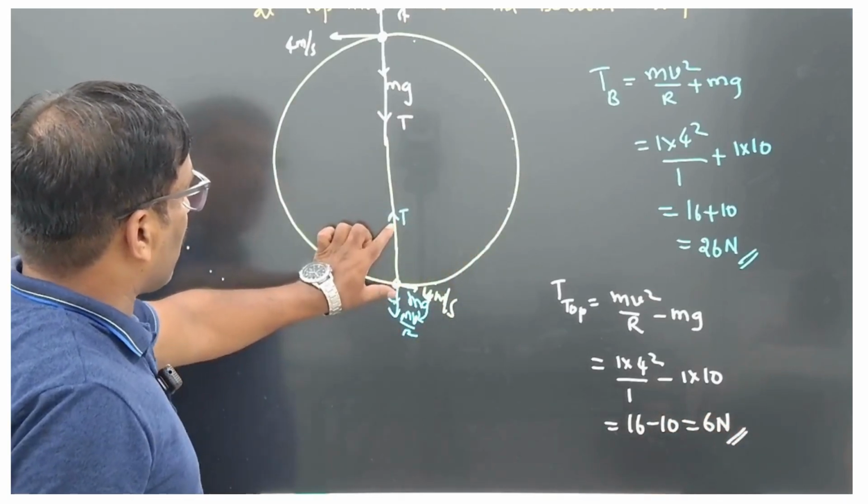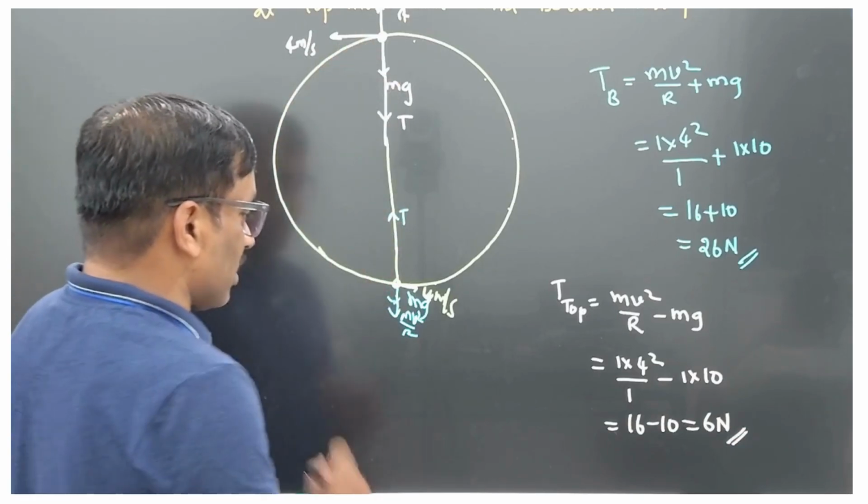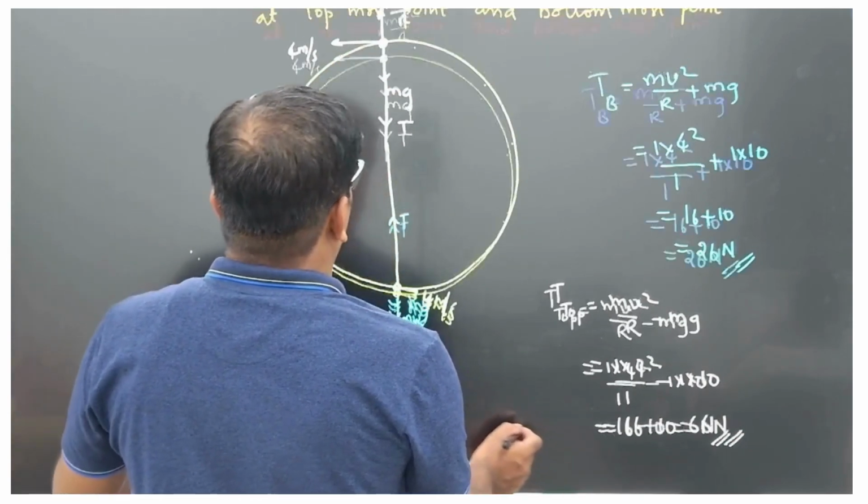Therefore, at bottommost point and topmost point. Clear? So, one constant speed. So, that word